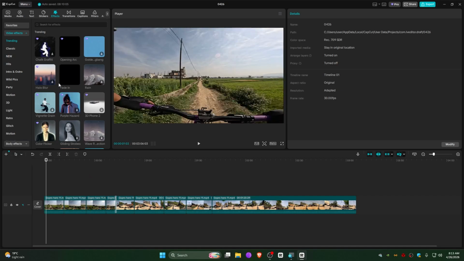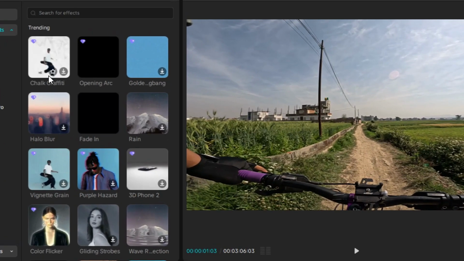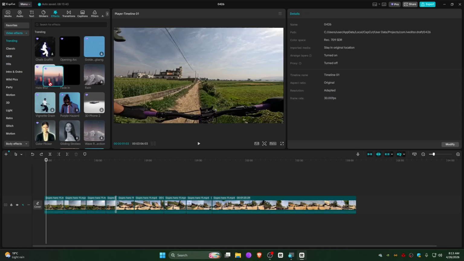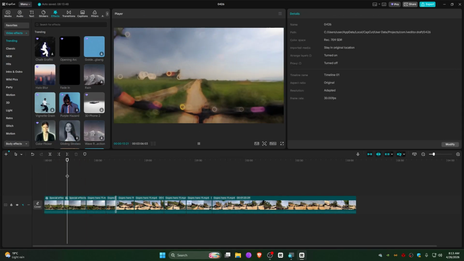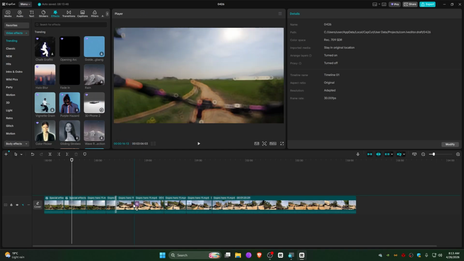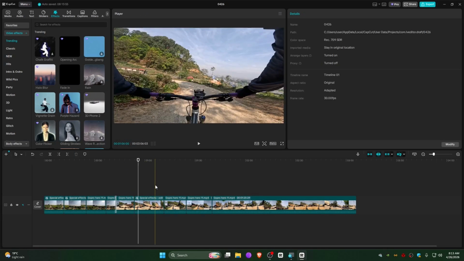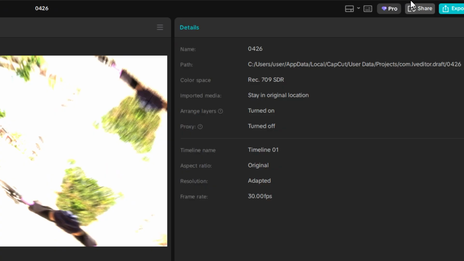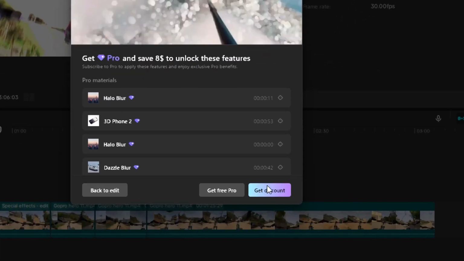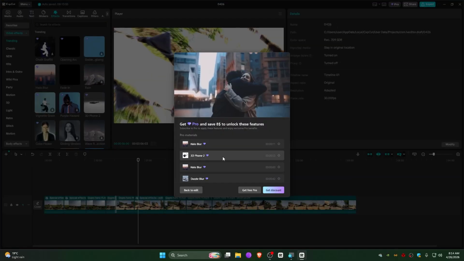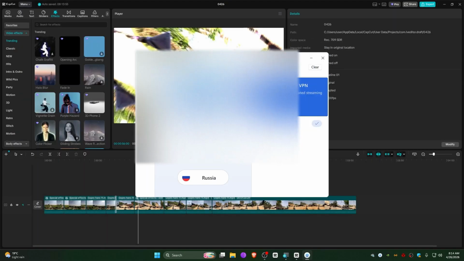Normally, guys, if you use filters like this one with the diamond buttons, for example, you can see that I'm using a filter that is for Pro, this one as well. As you can see, I am not subscribed to Pro. And now if I try to export this, there you go, you need to join Pro and you cannot render this at all. However, I noticed that if you change your connection to a specific region like Russia, the